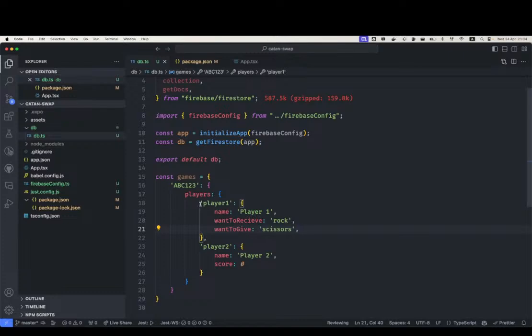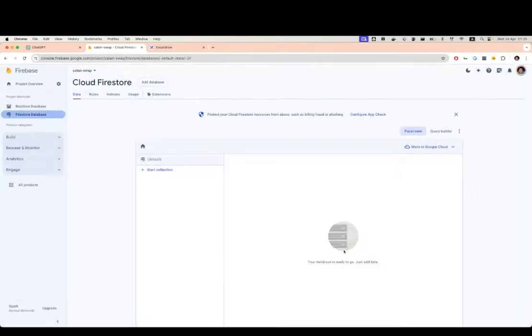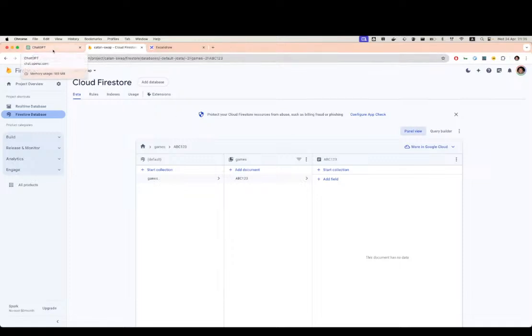So I'm guessing something like that, but because I'm not going to be doing probably all of this in this stream, I'm just going to start with creating the game. It's going to be empty for now. Okay, so let's start with no fields. Okay, so I've got this game. So now I can work on two functionalities. One is a create game, and one is,